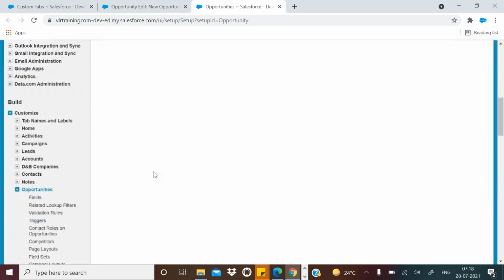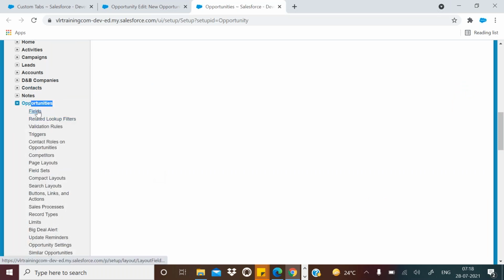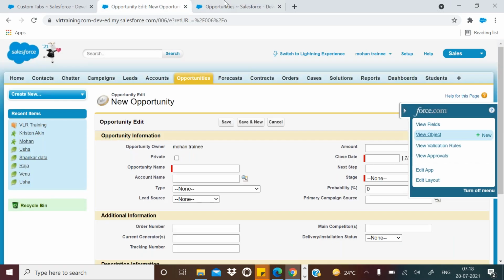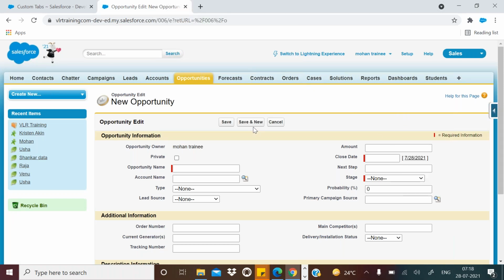Okay, however it will take you to the fields. So you can identify it in different ways, you will get it going forward. Okay, that's right.